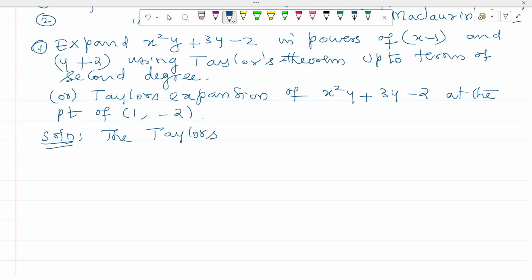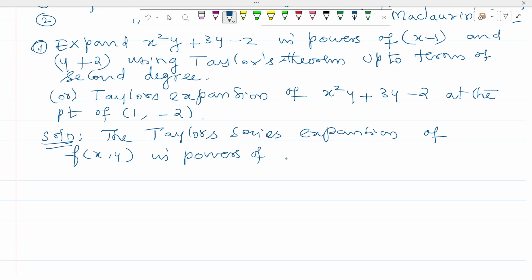The Taylor series expansion of f of x comma y in powers of x minus a and y minus b is f of x comma y equal to